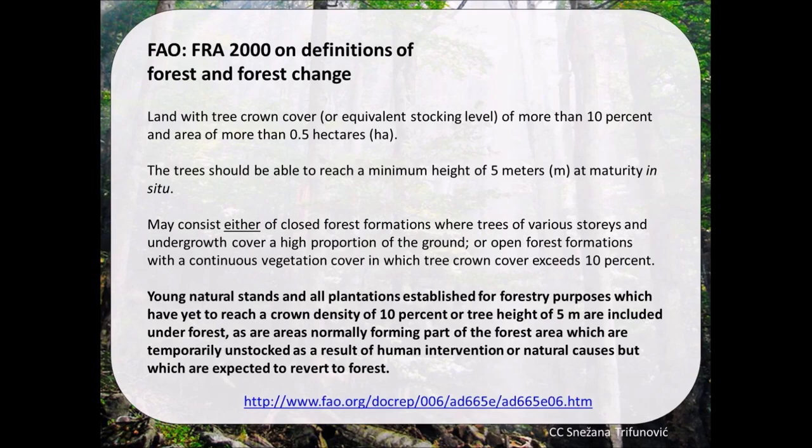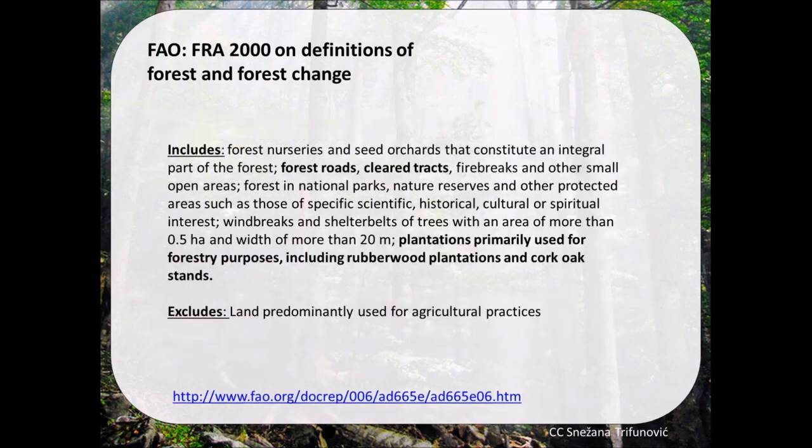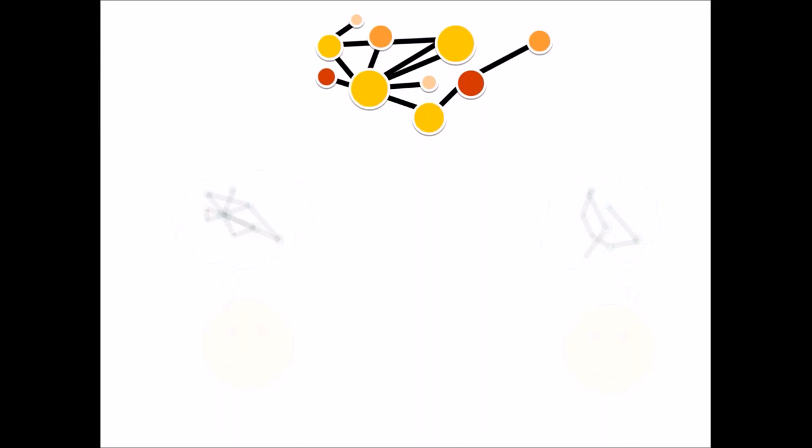So this would include forests that have those parameters. They have a minimum height, etc. But also it includes things like young natural stands, which do not yet have those features. And that could be a little bit problematic. It'll also include things like forest roads or forest nurseries, cleared tracks within a forest, or plantations, which actually have a land use forestry. So this is quite, again, a complex and involved definition, and mapping that out could be advantageous. And indeed, this is what we're trying to do in the environment ontology, which then feeds into the Sustainable Development Goal interface ontology, as we'll see a little bit more of later.